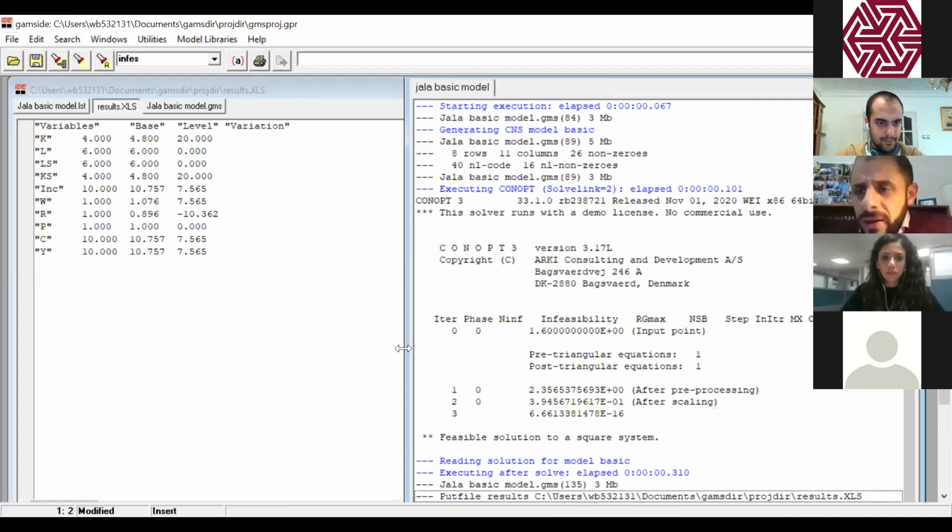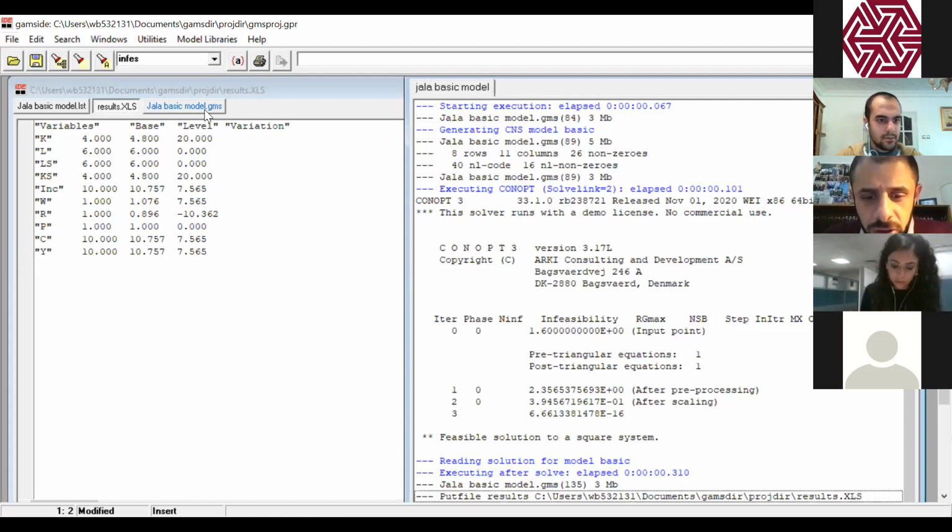Now we will go by turn. So I will ask each one of you to interpret part of the model. So we can start with Mahmoud. So what was the initial shock? Just anything you have in mind.